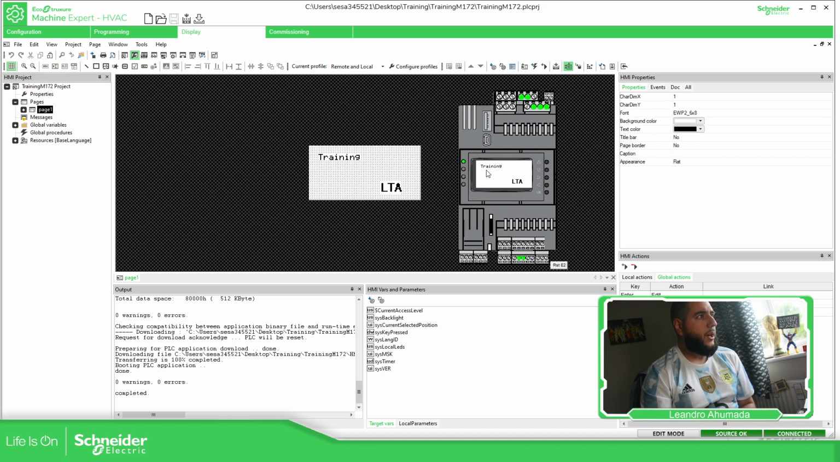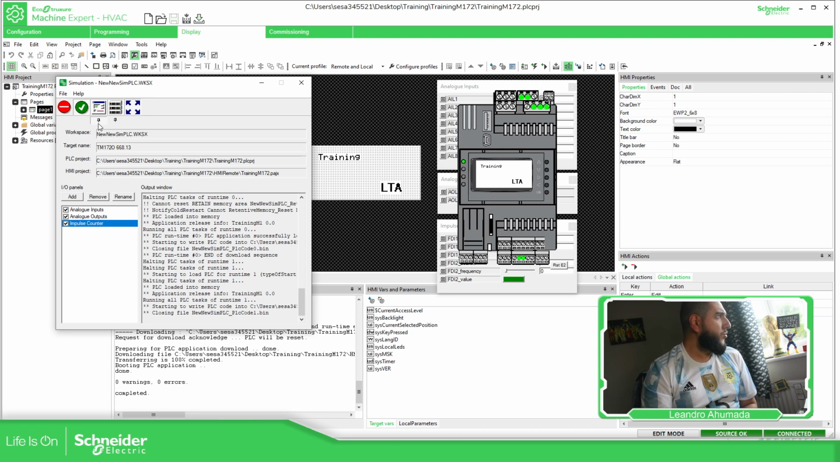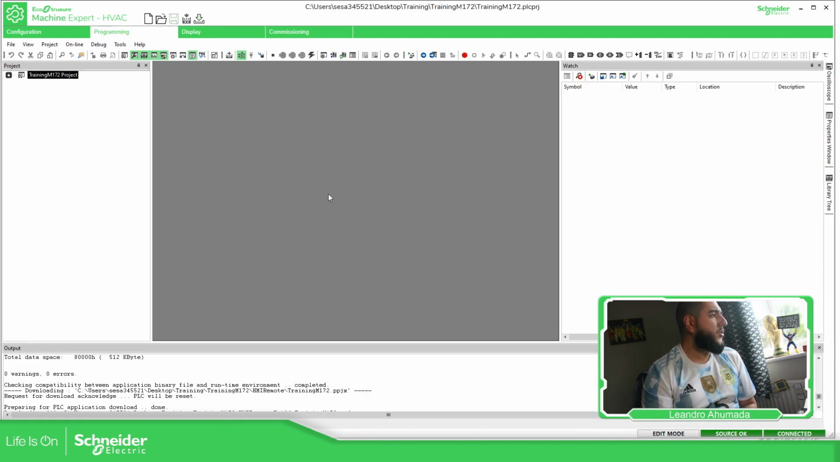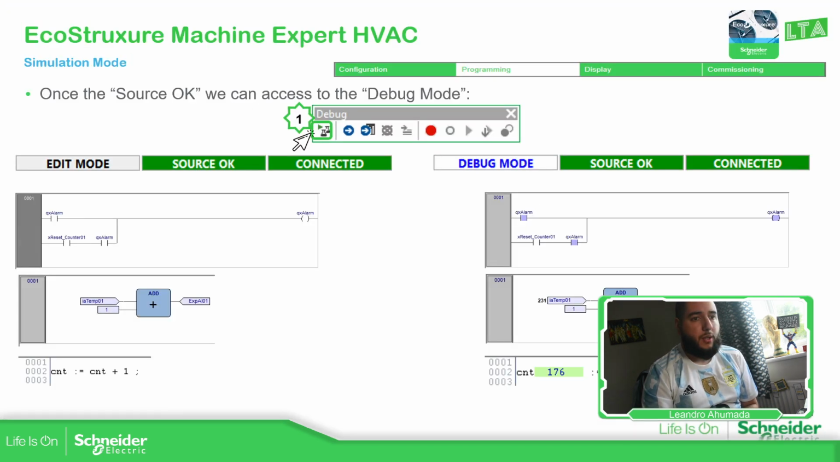And there we go. You have the HMI in there. I will cover the display part later. I just want to focus on this simulation mode. So once we are connected with the controller, and the source is okay, we have